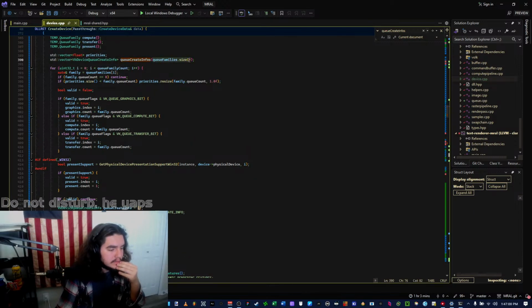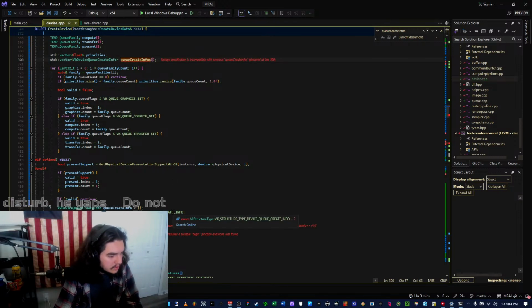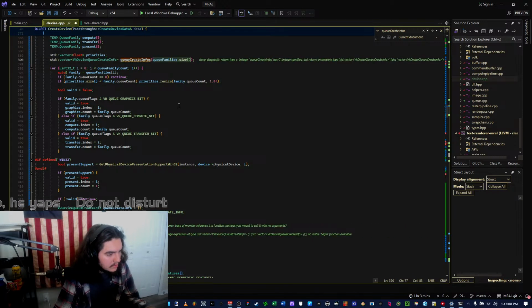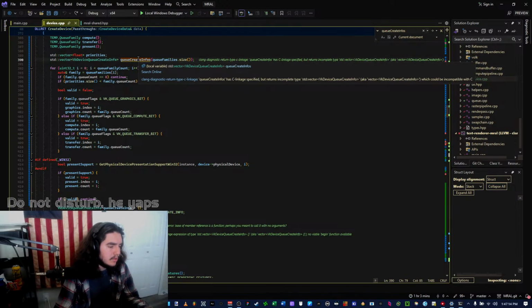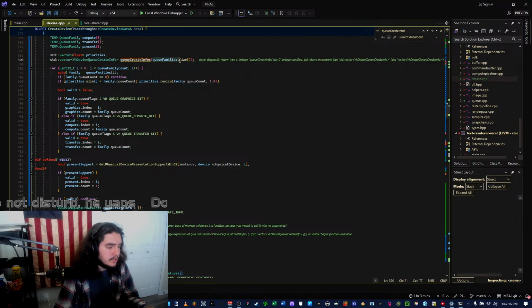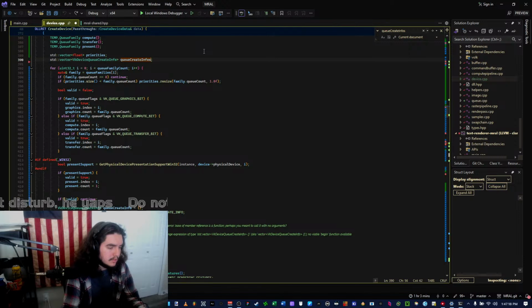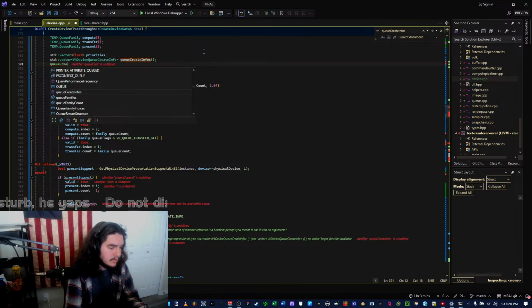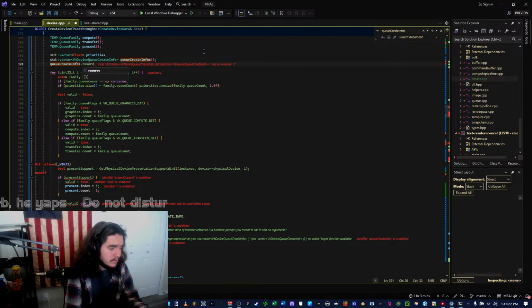Alright, so I guess I'm not going to pre-allocate, and I'm instead going to just... Oh wait, you know what? These need to be reserved sizing. So, create infos dot reserve.